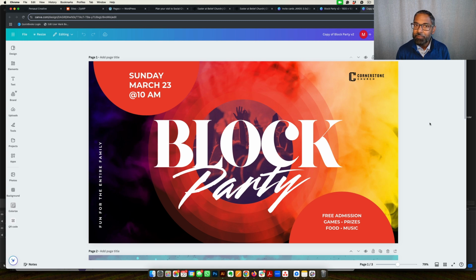We're targeting families. A block party is a really good place, a really good time for the entire family. So you might have some kids activities. You might have some sweet treats that everybody loves. You might have some music. You might even have maybe a DJ or something along those lines. Again, based on your budget, based on the talent in your church, it's up to you what this